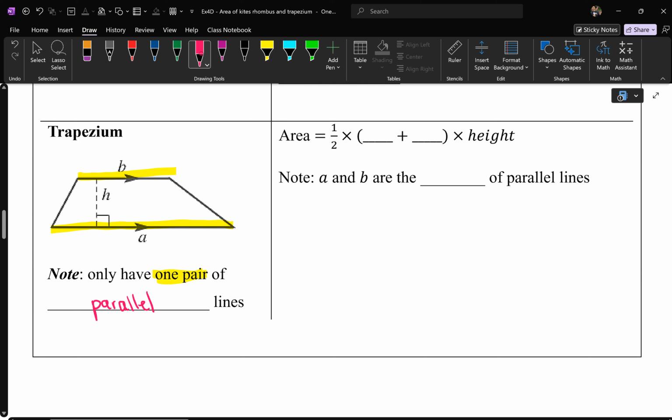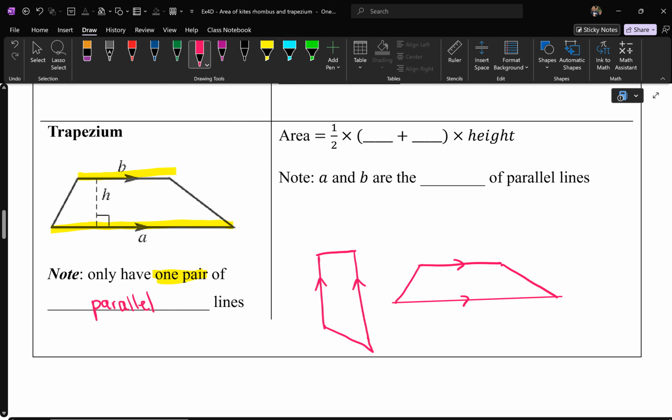Okay, so as long as you draw two lines that are parallel, like this, there's only one pair, and you can connect this in any way as long as the other sides are not parallel. That is a trapezium. Right there, that's a trapezium. You could have a trapezium like this, okay? So like that, they're parallel. There's one pair that's parallel, and as long as the other two sides are not parallel, then that's a